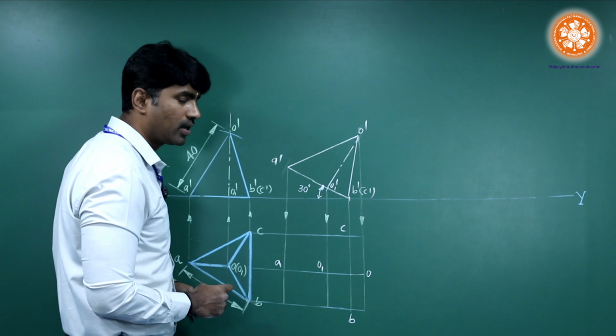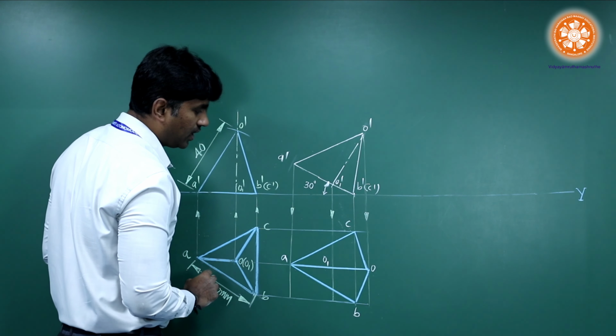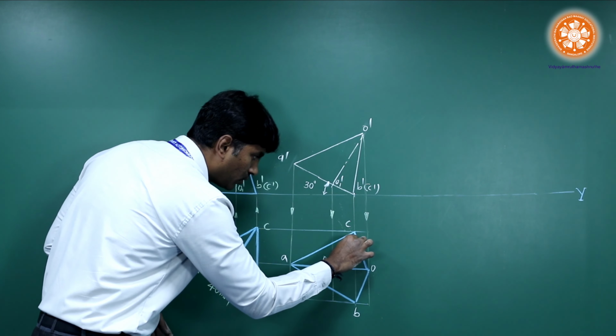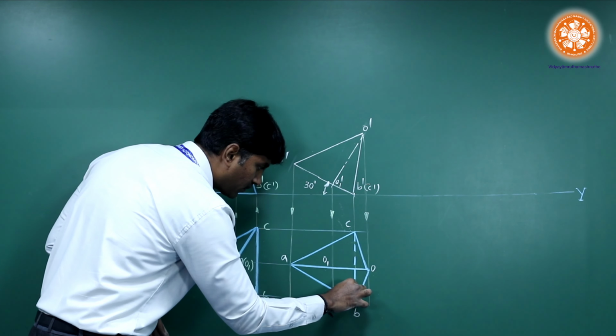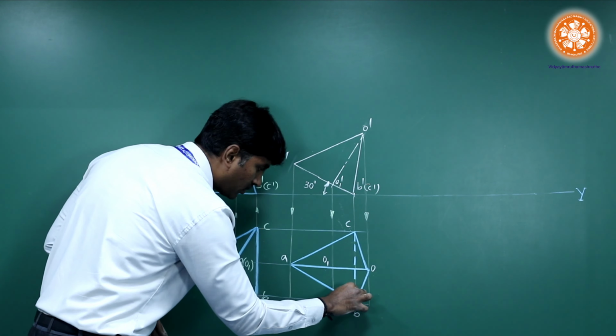Next, from the top view, O to A is clearly visible. So draw this with a continuous line, and B dash or C dash is not visible, so you can draw this with a dotted line. Proceeding further with the third condition,